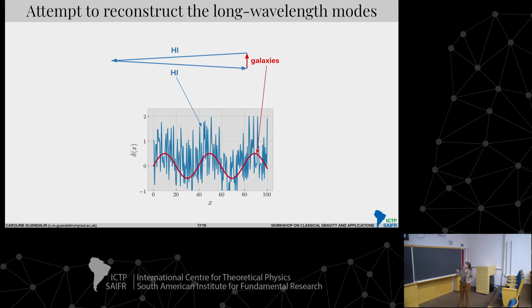So if you do the cross-correlation between the galaxies, for which you have access to the very long wavelength modes, you can actually try to recover this in the 21 centimeter survey, where you only have access to the very small scale fluctuations, because this is modulated by the long wavelength fluctuations, which is captured by the bispectrum. So this was the idea of cross-correlating galaxies with the 21 centimeter at the bispectrum level.